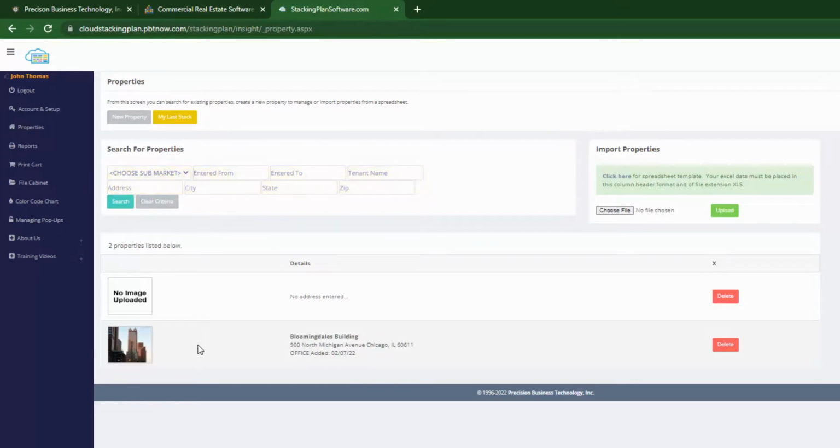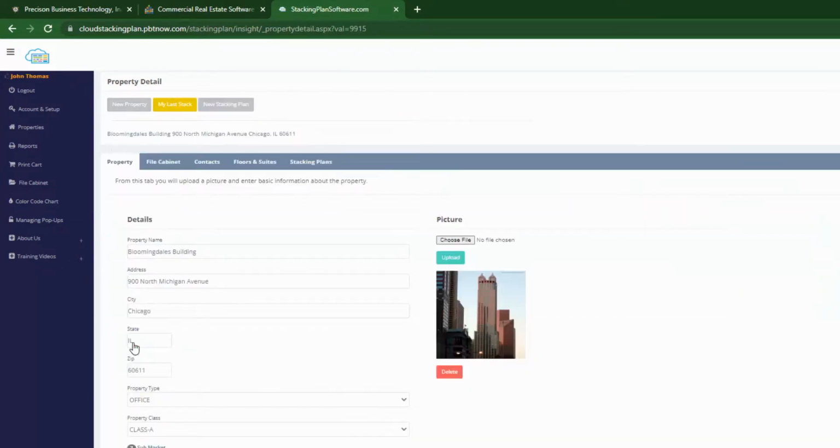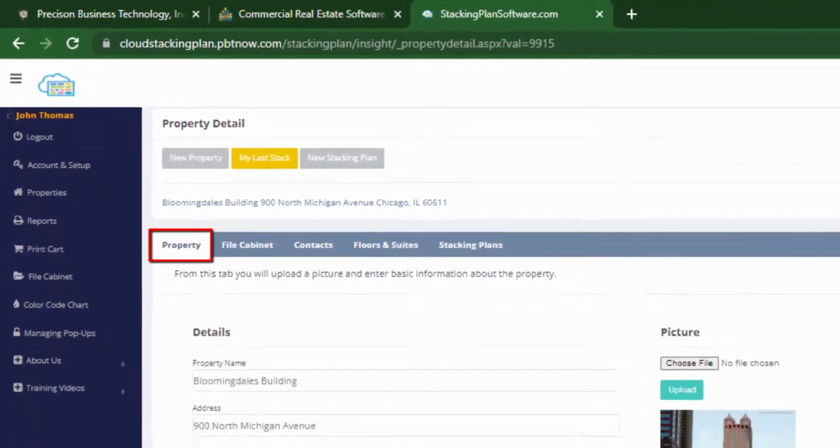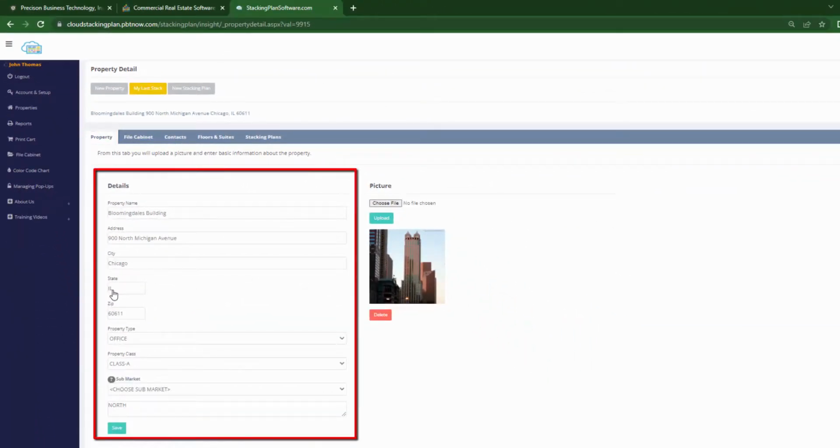Let's start by clicking on an existing property and exploring an existing property detail. By clicking on the picture, you are redirected to the property detail, which consists of several tabs. The first tab is Property, where you will enter address information and all of the possible basic information regarding a